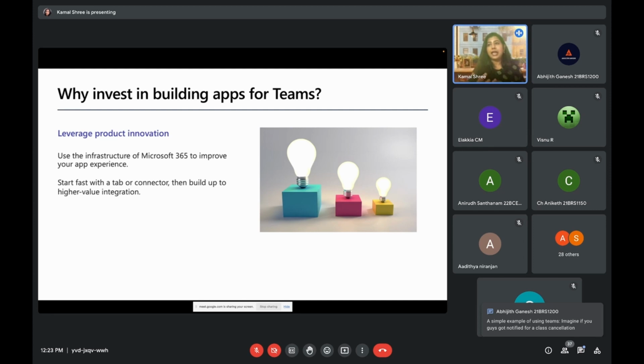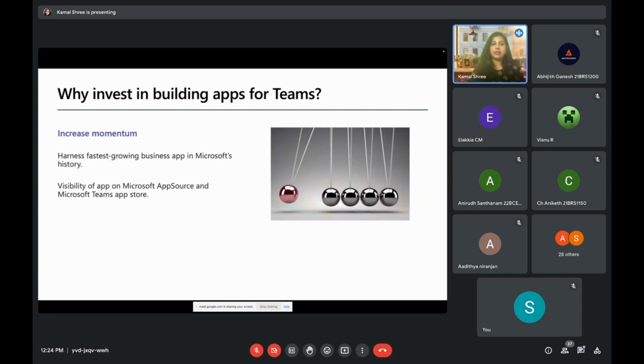So when it has the structure, it gives you leverage for more innovative solutions that you can keep on adding. That is another important factor in building apps for Teams, and definitely increasing momentum so that you can grow your business.